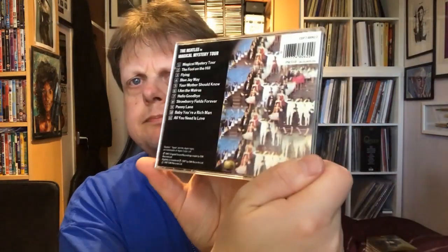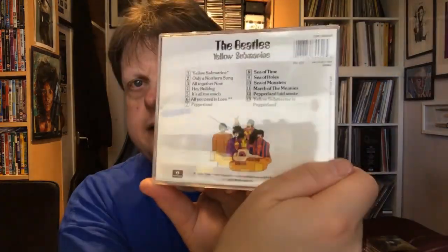Sergeant Pepper. Now this did come in an O sleeve. I think it was an O sleeve. Might even have been a full cardboard slip, which had a booklet, and I've put that somewhere separate because it didn't fit in the racks without it. I think it's in a bag somewhere, but that's what version of that it was. Magical Mystery Tour, Yellow Submarine,